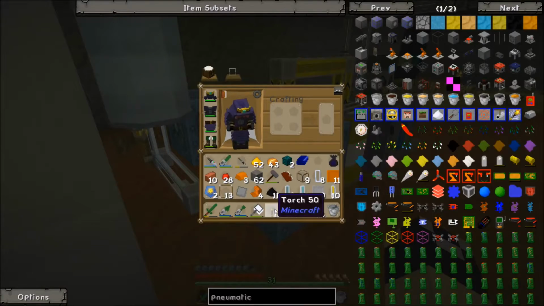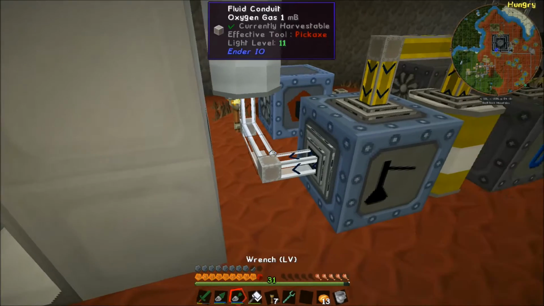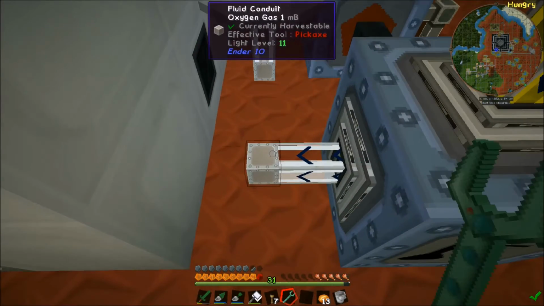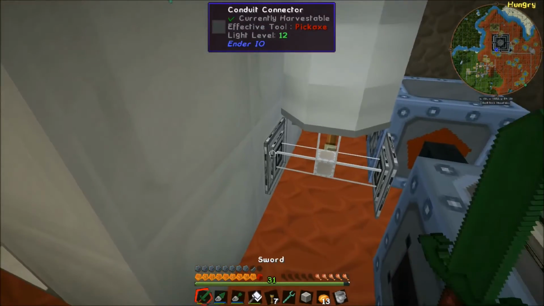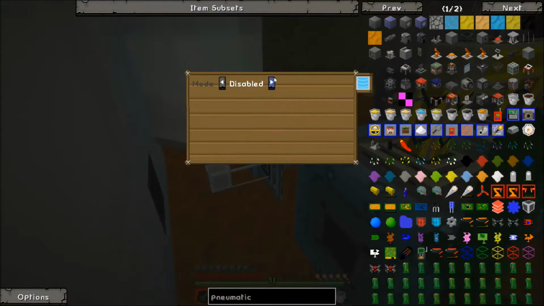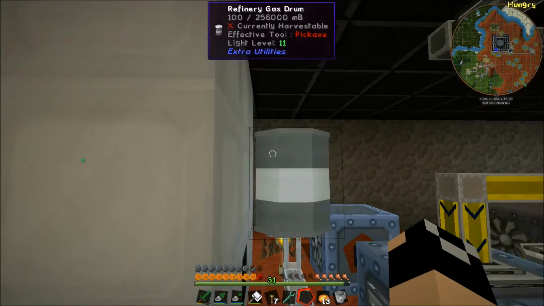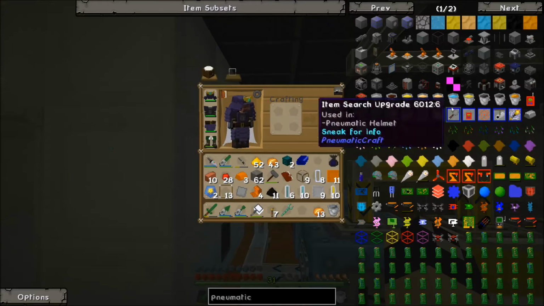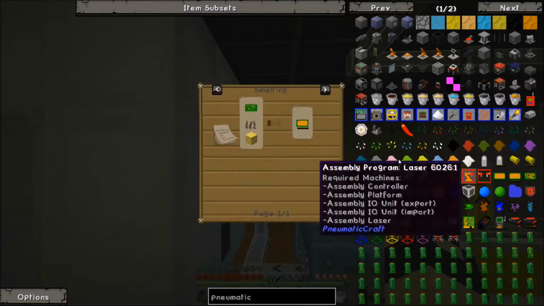And let's set this to export on that side. Oh my god. Like an oxygen. Drives me insane. Alright. There we go. So we've got some refinery gas now. Woo! Okay. And to get our LPG, let's see, we needed...